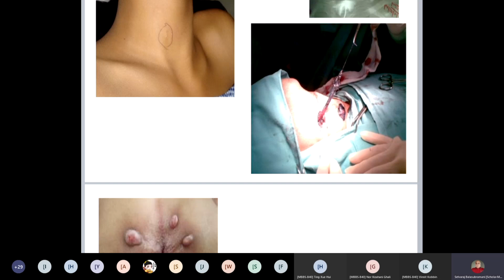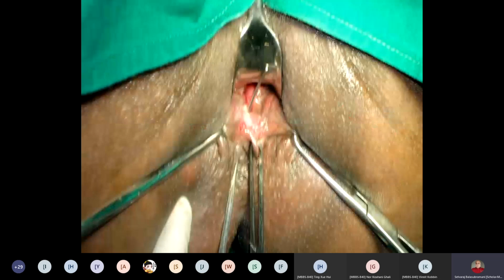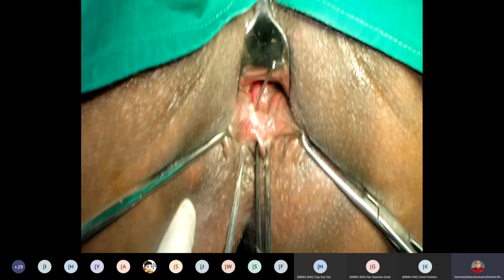I think still some more is there. This is multiple fistula here. This is what is called fistula in ano. This is a complication after perianal abscess. So are you able to see? Maybe you may not be able to see it properly. There is one probe they are putting inside. This is the perianal area and it is coming inside the anal opening.